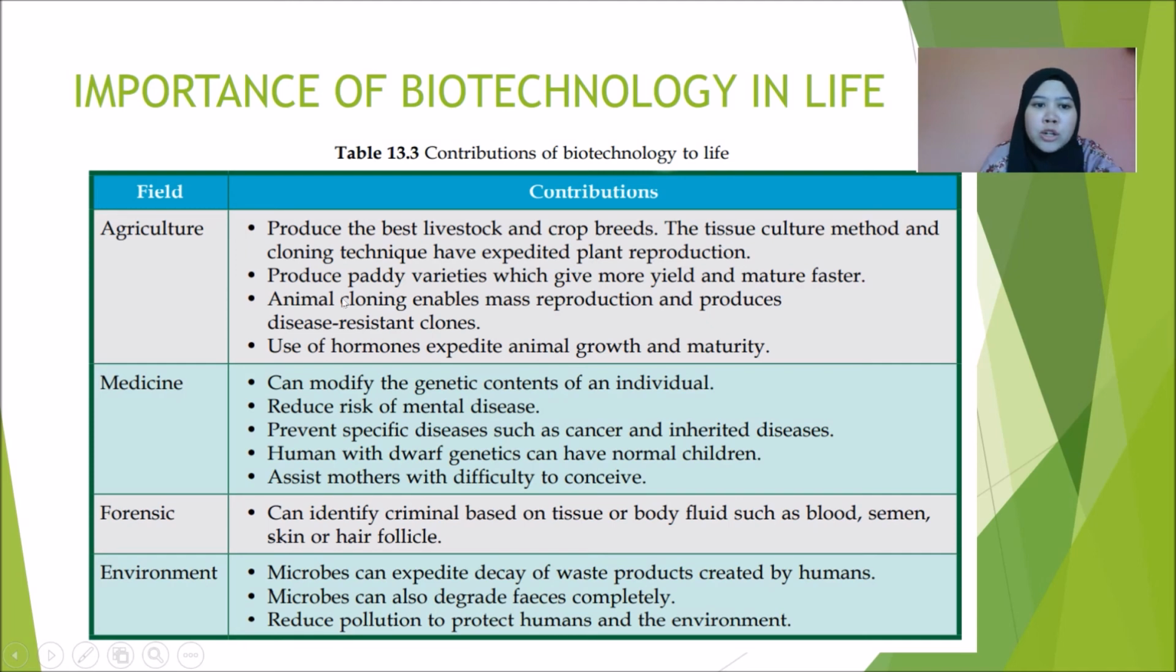So, biotechnology ensures we only produce paddy varieties which give more yield and mature faster. Animal cloning enables mass reproduction and produces disease-resistant clones. Use of hormones expedites animal growth and maturity. Other than that, in the field of medicine,